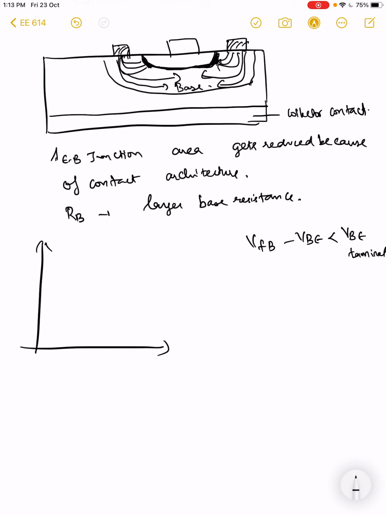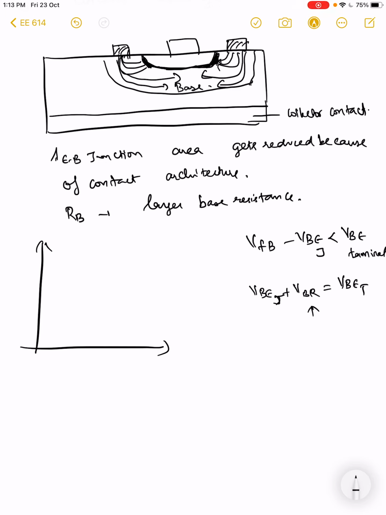Why? Because VBE at the junction plus V base resistance will give you the actual VBE at the terminal, right? So if the base resistance potential is larger, you will have a lower base emitter junction potential,